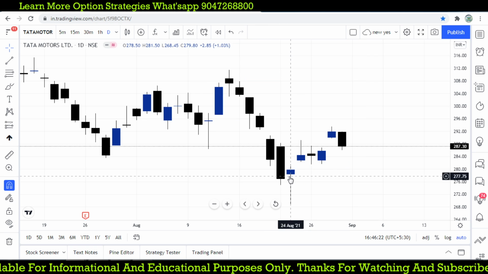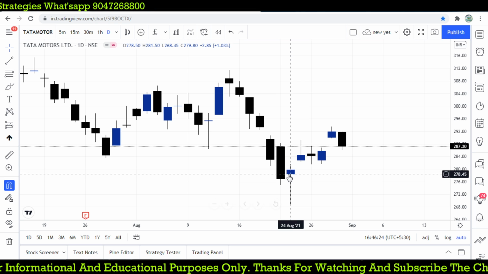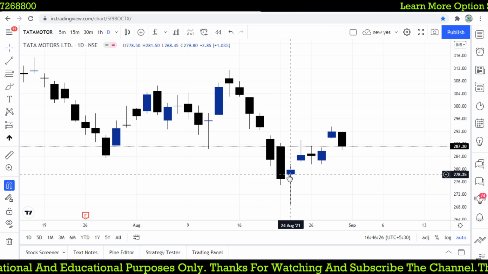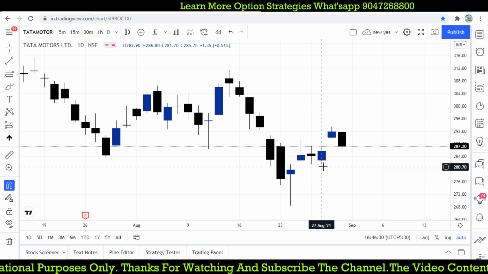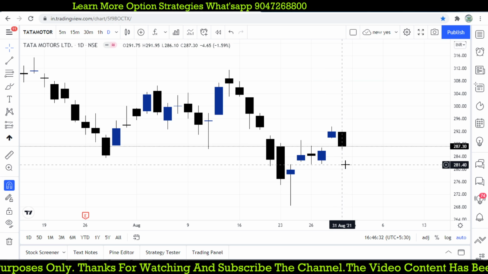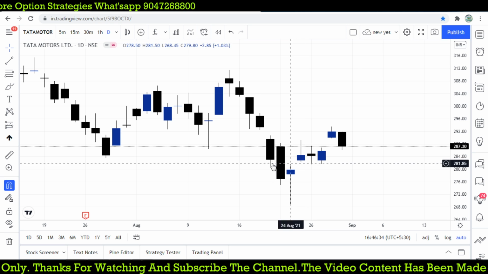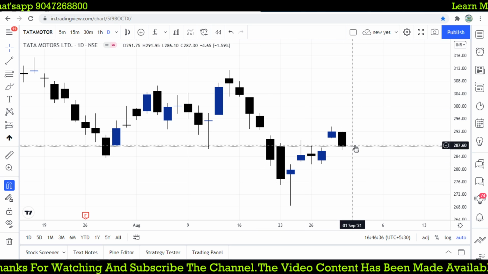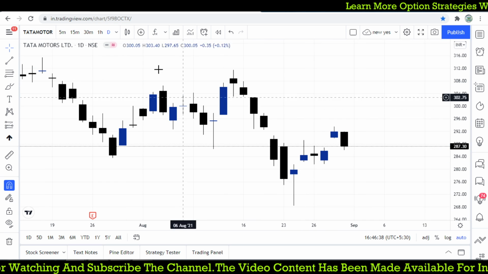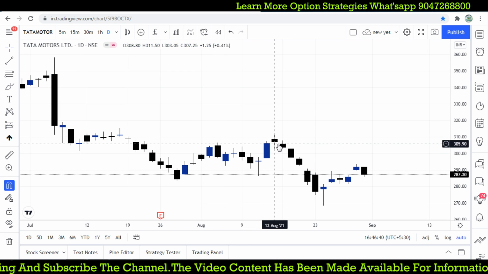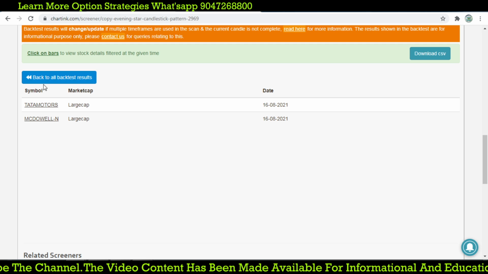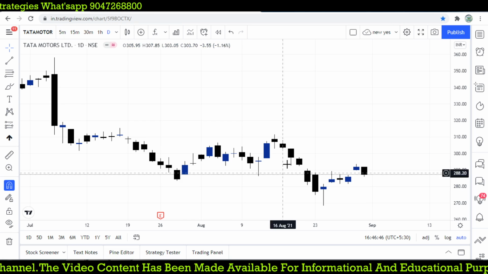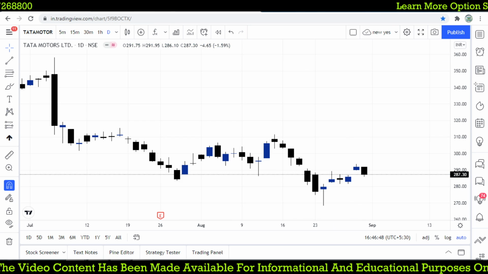I think the low is the doji hammer, 281.5. It missed out, so 281.5 did not get hit. So it is moving up, and today it is going down, right? This is the candlestick pattern which I'm going to expect at the monthly and weekly level. So now I'm going to take the second candle. It should be the highest one, right?